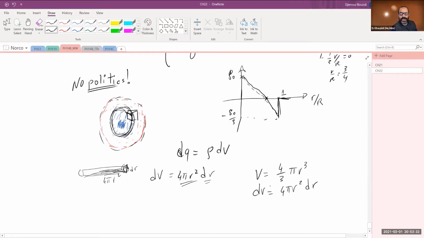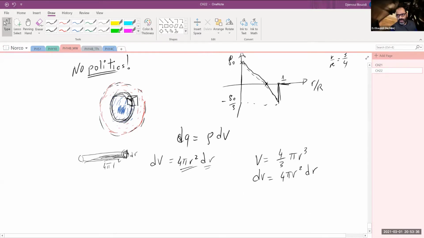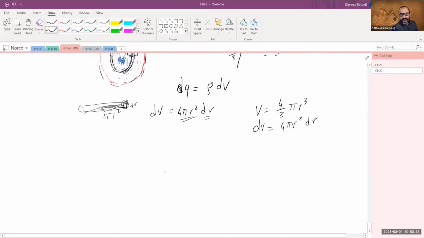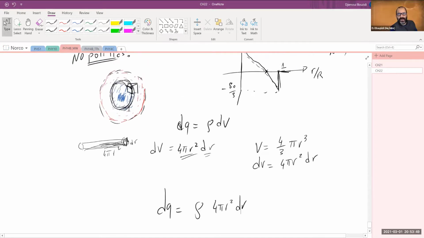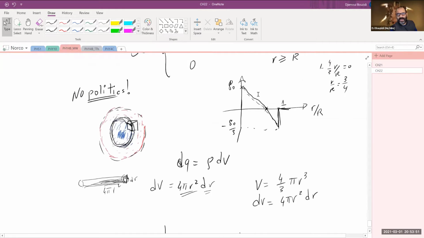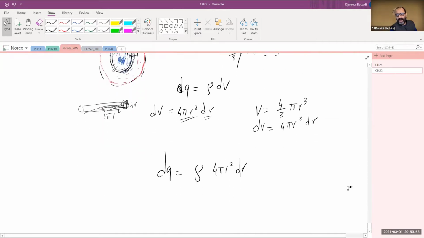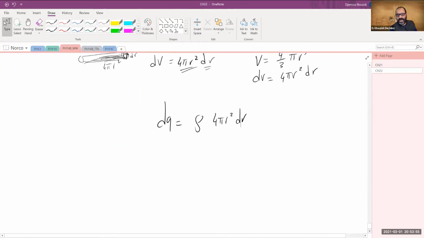So whichever way you convince yourself, this is the element of volume in this case, okay? So if we do that, then dq is rho times 4 pi r squared dr. If I plug this expression into my integral, the integration will become from 0 to big R of this function. So the charge enclosed then